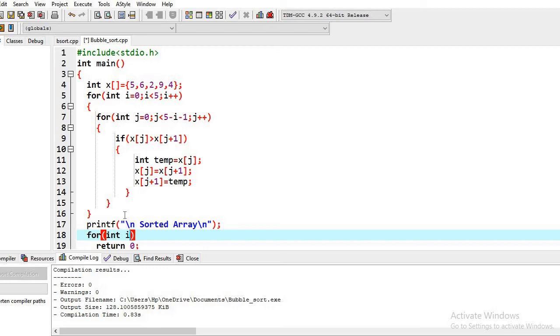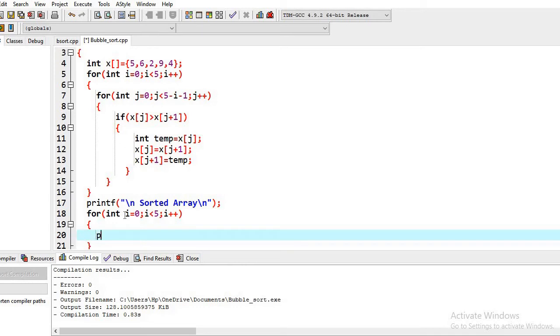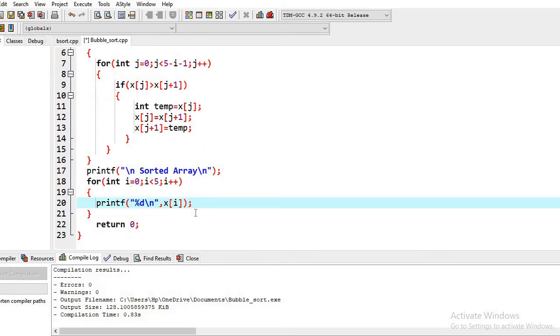Again we have to declare i equal to 0, then i less than 5, then i plus plus. Now we will print our array here, printf, and then %d and \n, and here goes x[i]. Okay, so in this way I hope it will work, fingers crossed.